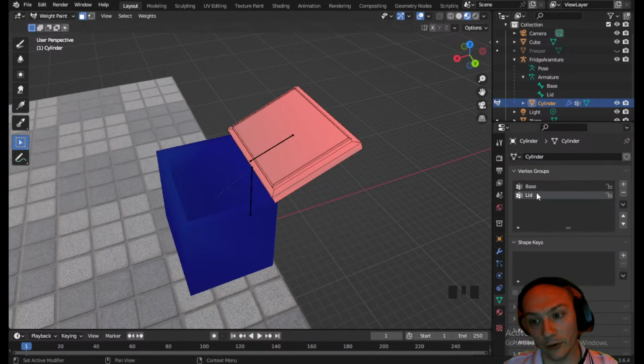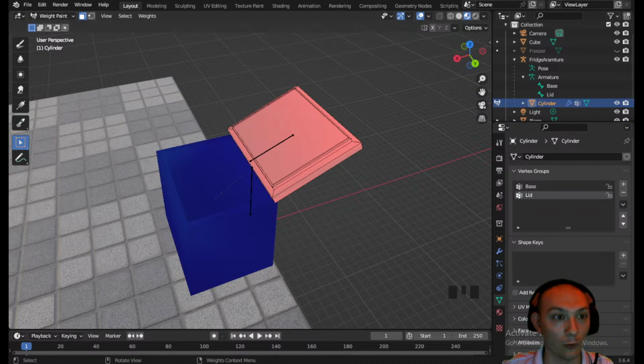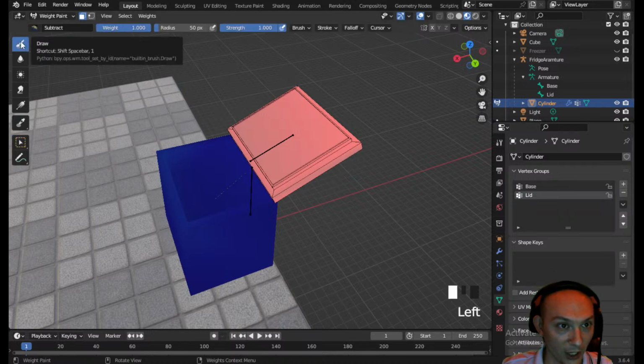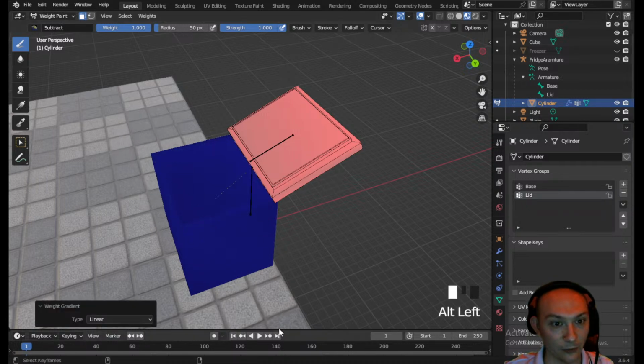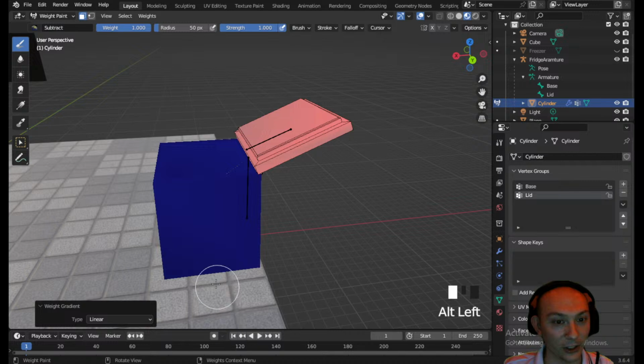So I'm on the lid vertex groups, and I want to remove all influence. So I go back to my brush tool, I'm on subtract, and I can actually hit Alt and drag down,